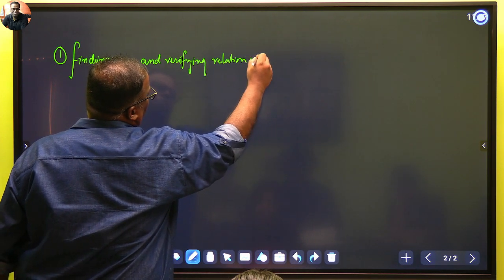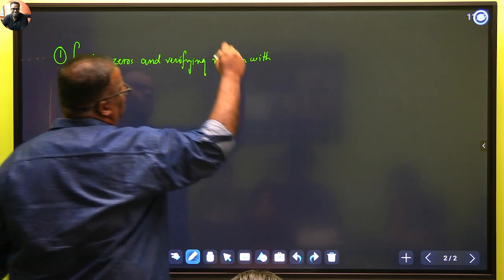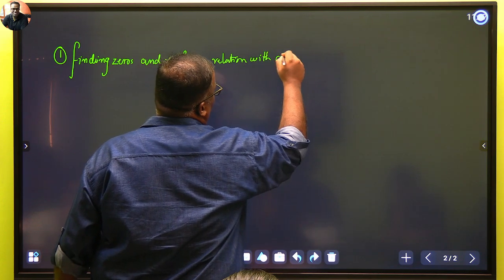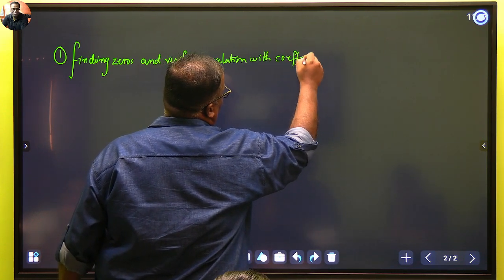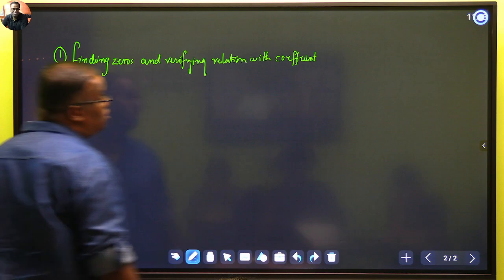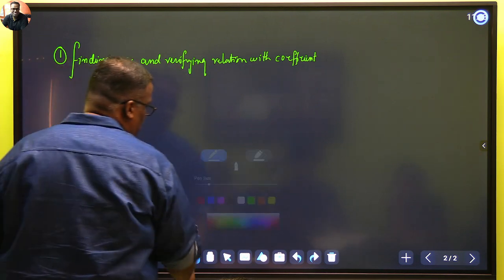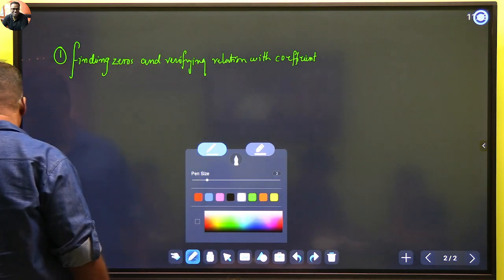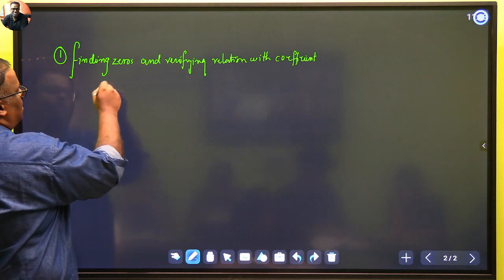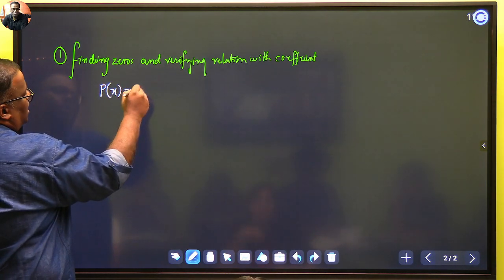This is a very, very probable problem. Very, very probable relation with coefficient. Finding zeros means in this question, zero will not be given to you. What will be given to you is, suppose you are given p(x) equal to